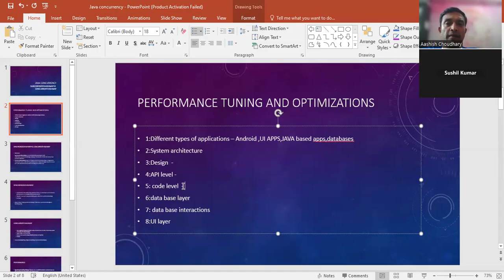Because when you implement multi-threading to improve performance, at the same time you need to check that there are limitations and considerations for concurrency. Also, there are different APIs. If we talk about the different APIs, like ArrayList and LinkedList classes, which one is faster for certain operations? What are the other classes you will use for optimizing for better performance? If you have search operations, sorting operations, and many other operations, in that scenario also, at code level,